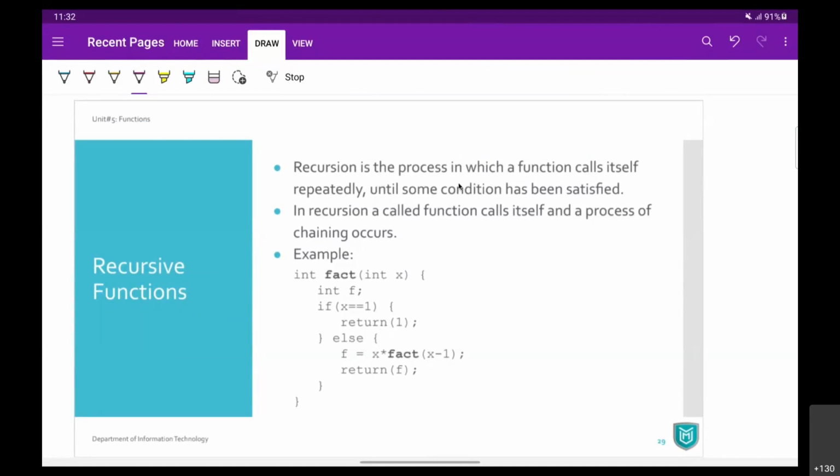Yeah, Vishnu is asking, do we have to define all the functions in the same order that we call? No, that is not needed, Vishnu. Declaration or definition can be in any order, doesn't matter. It is just that before you call, it must be declared or it must be defined. It can be in any order, but before you call, you have to define it.